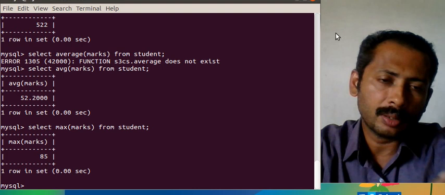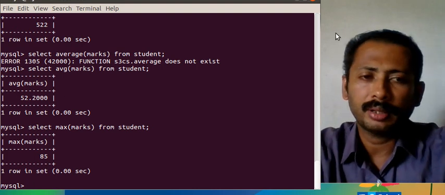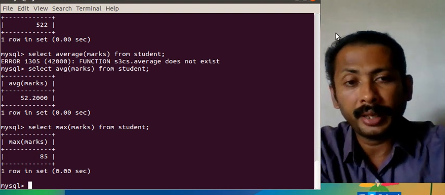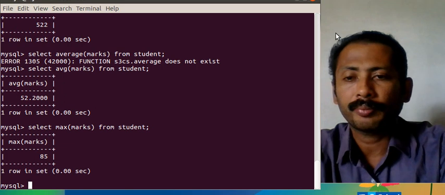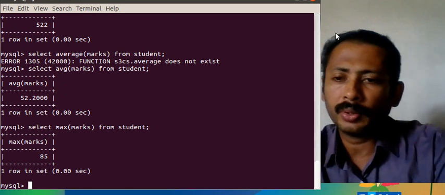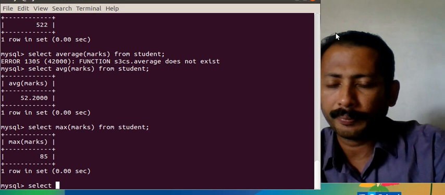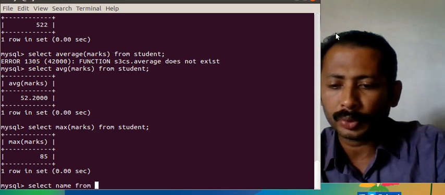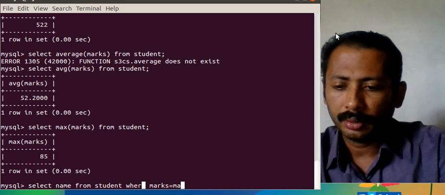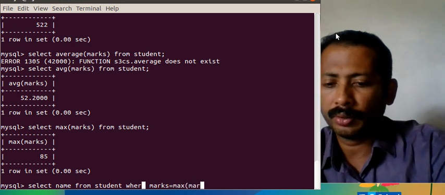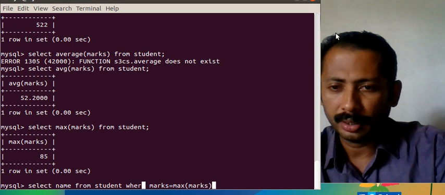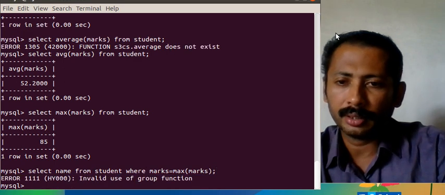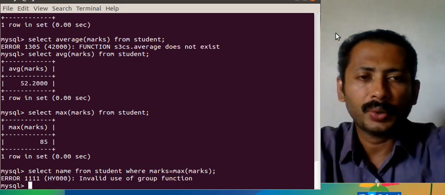But the question is to get the name of the student having the maximum marks. It is not possible to give it like this: select name from student where marks is equal to max of marks. Even though we have to do this, the query will show an error.